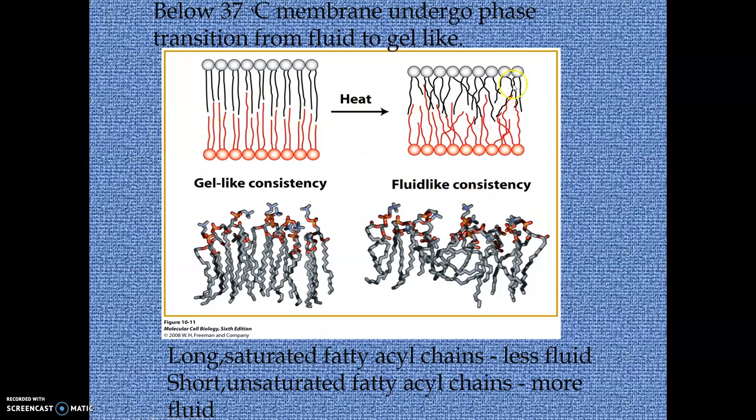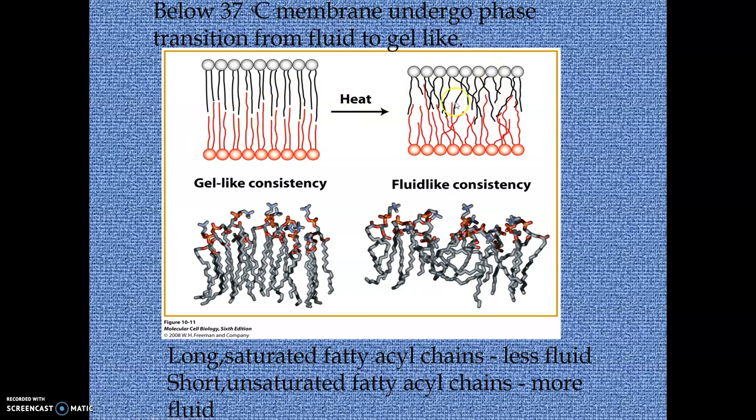And how do they undergo these phase changes, and what is the condition that makes this transition? Here, below 37 degrees Celsius, the membrane undergoes phase transition from fluid to gel-like consistency. And as the temperature increases, here in this figure it is clearly seen,